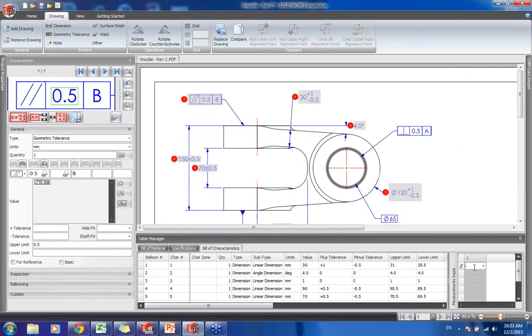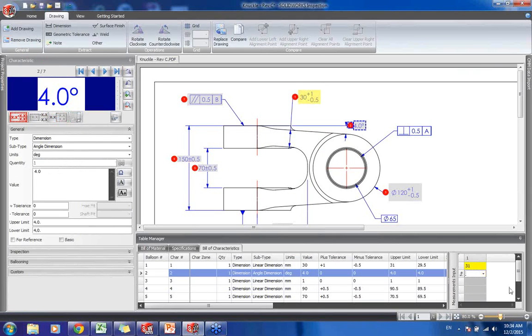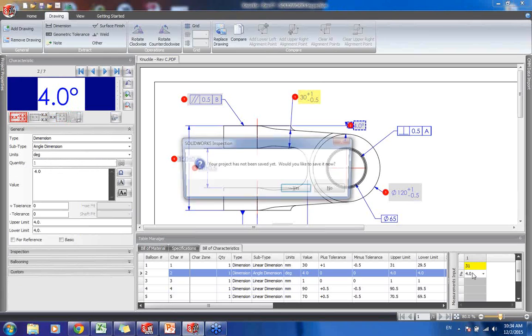So here I can just straight away input it in SOLIDWORKS itself. I don't need an Excel sheet as well. I can just do it here, 31. And you can see what's good about this is when I key in my value,